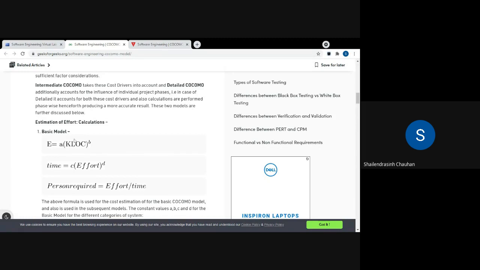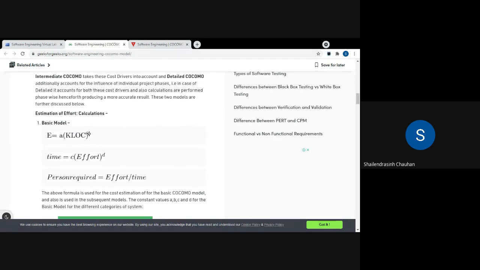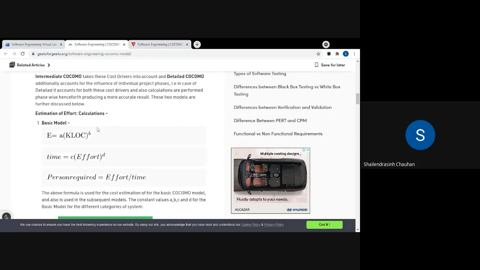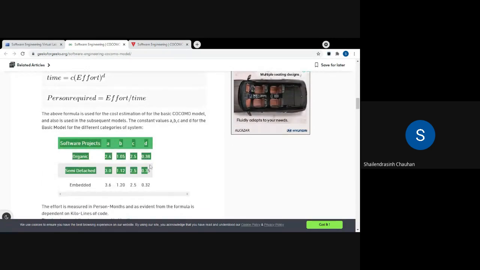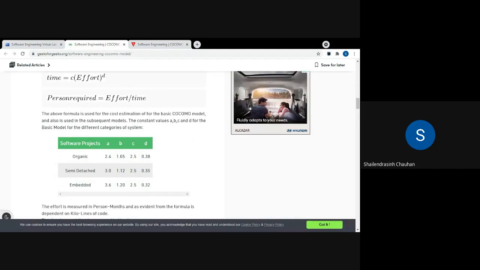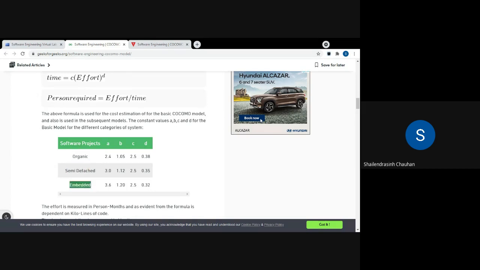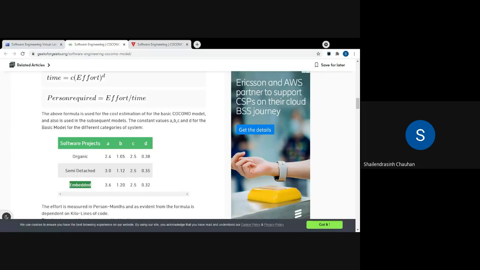Now, a few constants are there, like A, B, then C, D. Those constants are given here. If it is not given in your exam, then you need to remember this table with all the constants. Maybe it is possible that they give the constant values also, or if they are not given, you need to remember this table. Fine. So software project type, whether it is organic, semi-detached or embedded, the thing that we have discussed earlier. Based on the description given to you about that software, you can derive whether the project is organic, semi-detached or embedded.